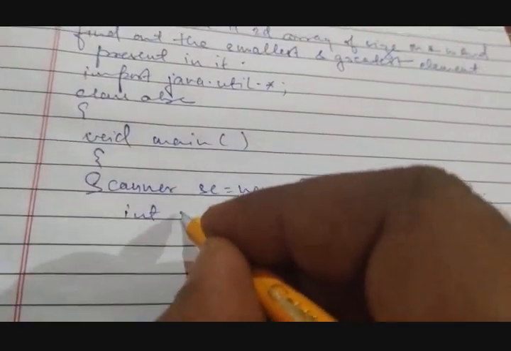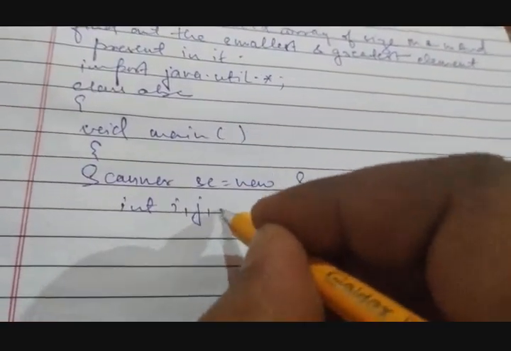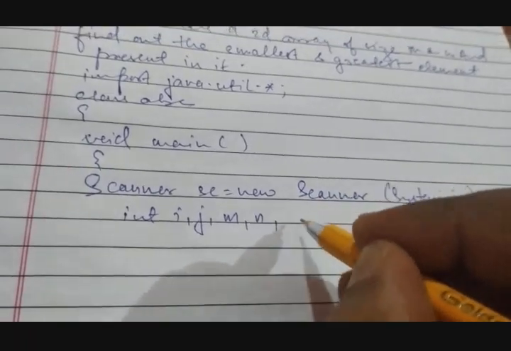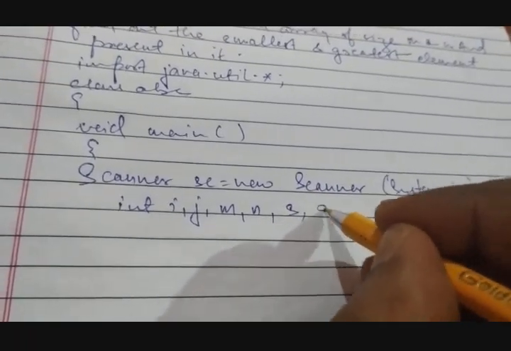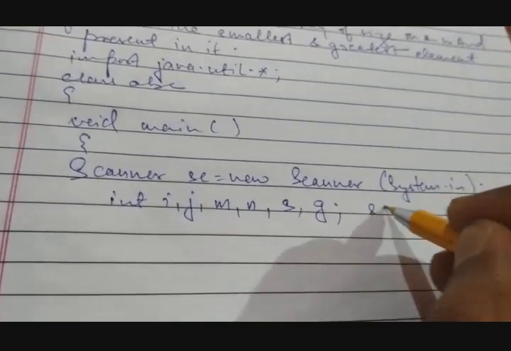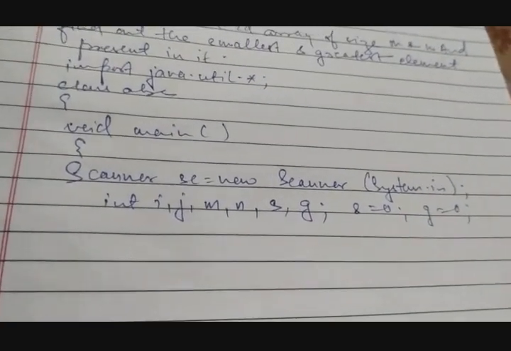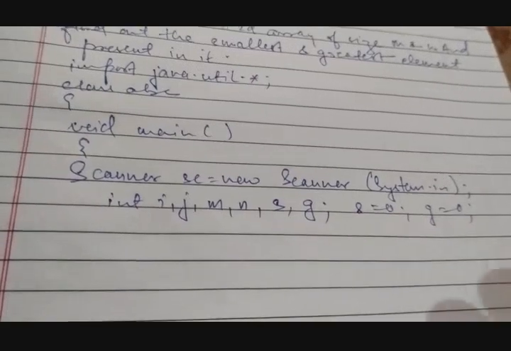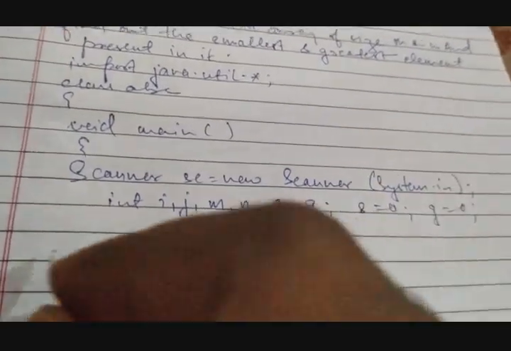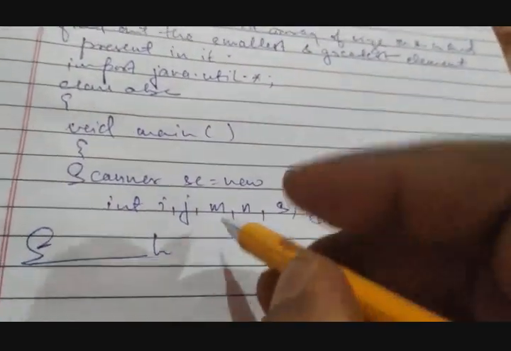So we require int i, j, m, n. We require a small, we require a greatest. Small 0, greatest 0. Alright, and then print